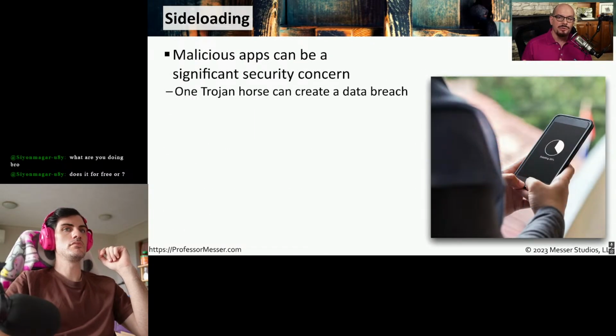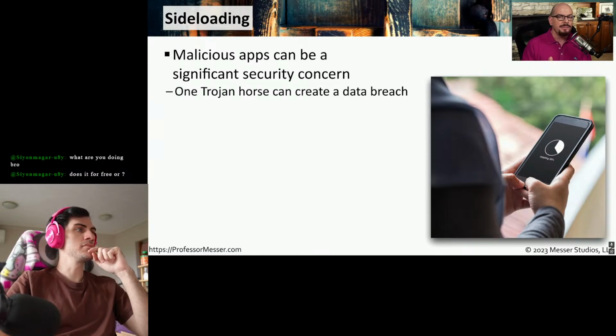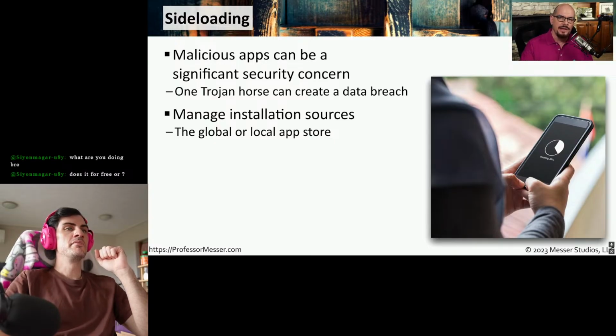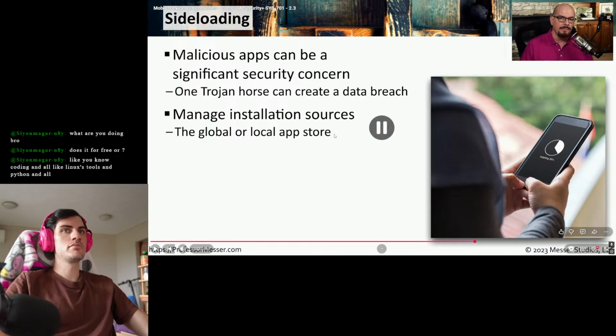Another concern are users that may install any application they would like to this device, and some of those applications may consist of malicious code. This would certainly be a security concern, and just one bad application could subject all of the data on this device to be accessible by an attacker. There are usually restrictions put on these devices, either by the operating system or by your mobile device manager, to restrict what type of applications can be installed and where those applications can be installed from.